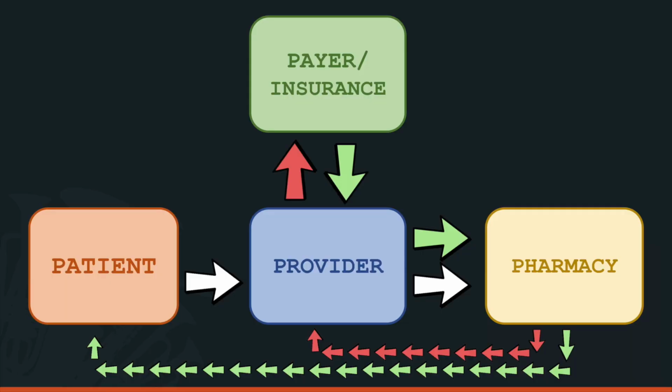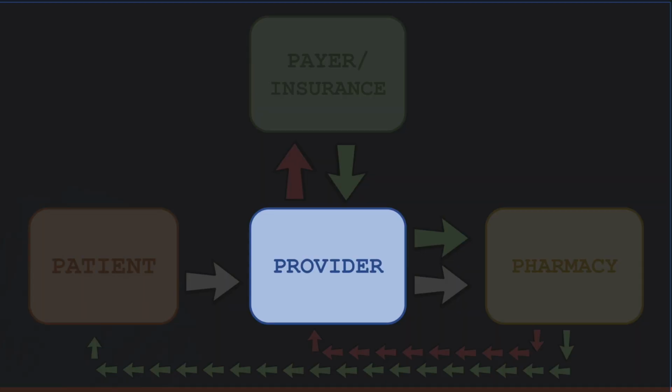Okay, so let's go back to our game board, right? We've viewed the patient's journey. The patient went to their provider. The patient then received a prescription for whatever illness or disease state that they were experiencing. And then they visited their pharmacy. Then when they got to the pharmacy, those red arrows, we have a rejection. We have that requirement of the prior authorization. All right, so let's go to the next player here in our game board, and we're going to take a look at the provider's perspective throughout this process.